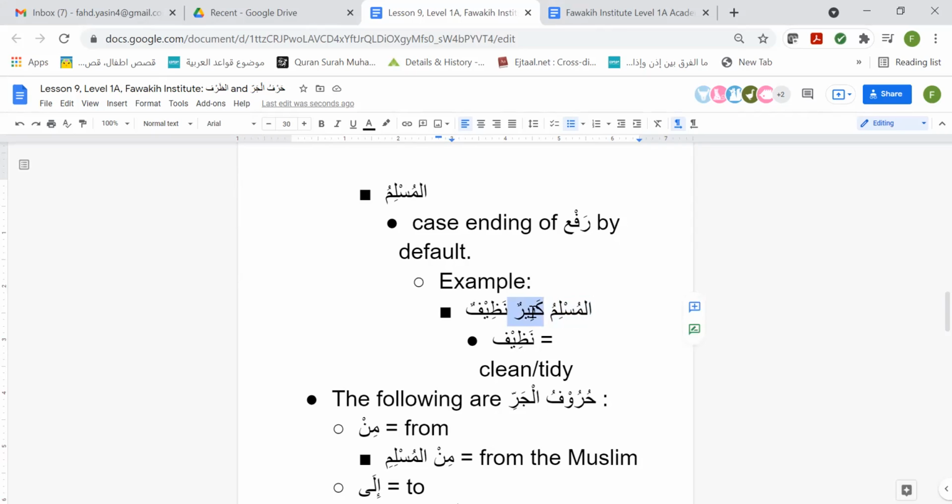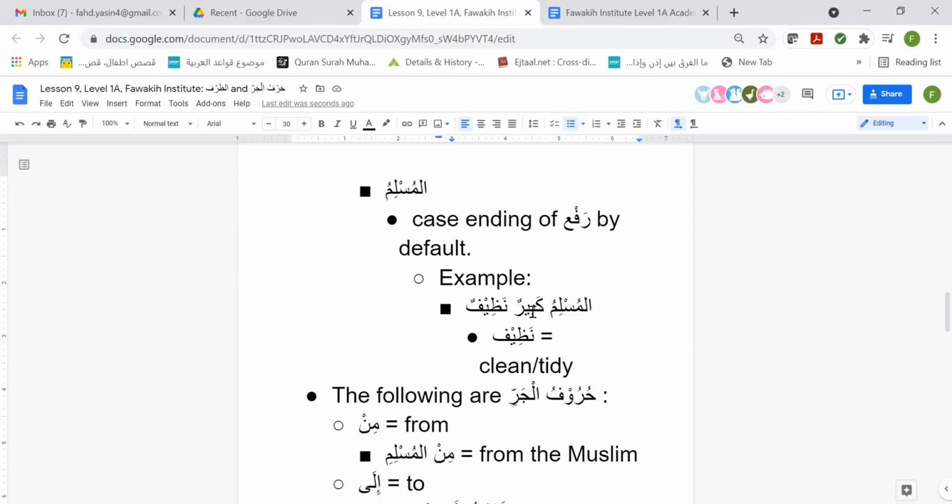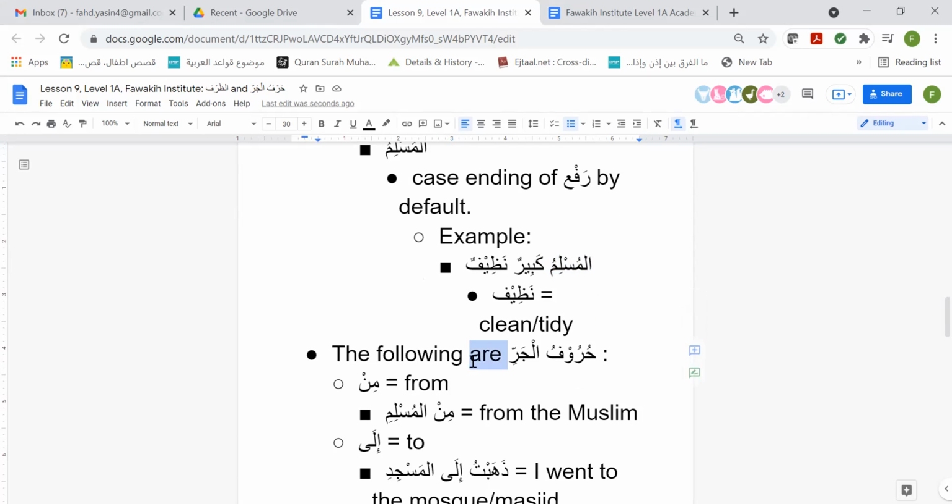Well, number one, it's the khabar because of the jumla ismiya. But it's not just that. If you look at the word before, this word is not one of the huruf al-jar. And you will learn eventually there's also huruf al-nasab, meaning the huruf that make the following word into the nasab state, which is the fatha for singular words. So what's key to remember is it has to be preceded by something, but not just anything. It's specifically preceded by one of the huruf al-jar. Al-Muslim is not one of the huruf al-jar. Therefore, this word is not made into the state of jar.